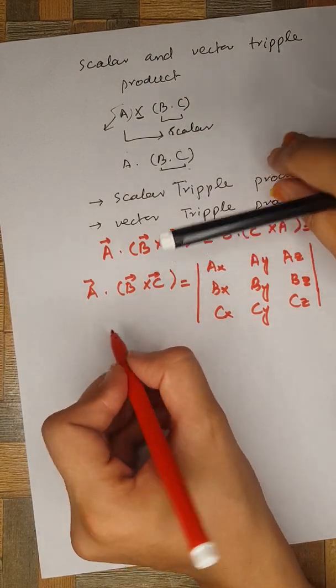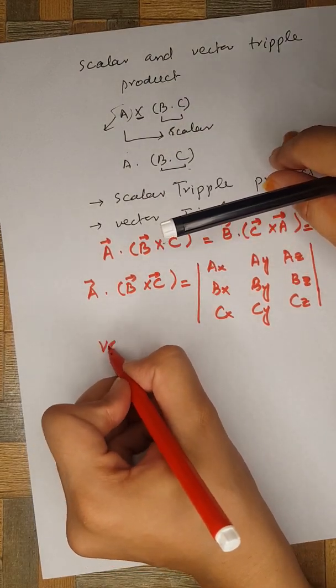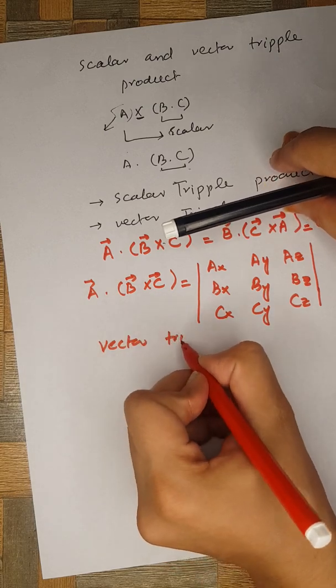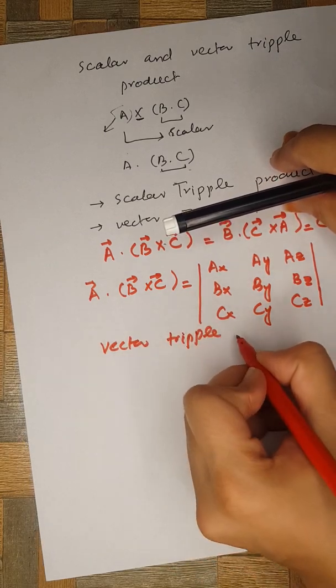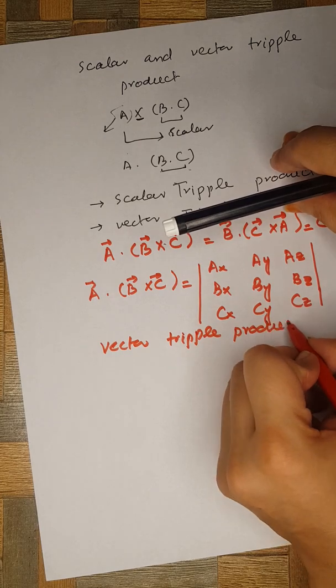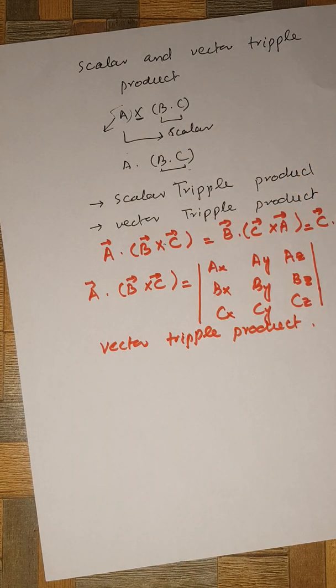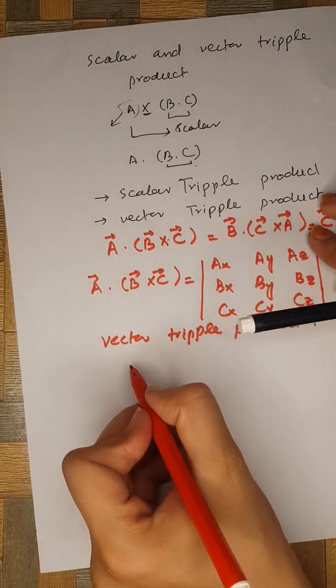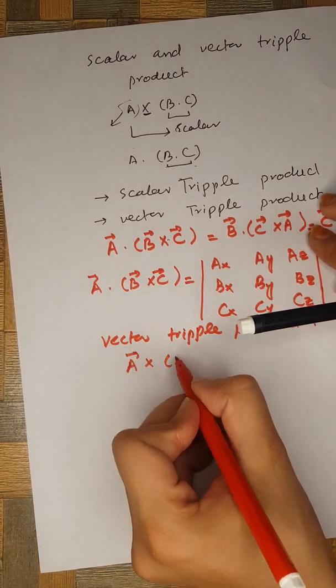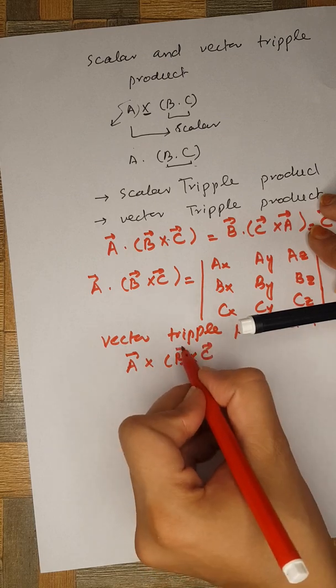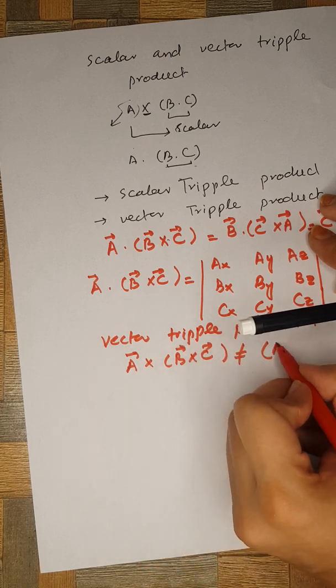Okay, let's now discuss the vector triple product. Since each cross product yields a vector, the resultant of a vector triple product is also a vector. The vector triple product doesn't in general obey the associative law. That's it. A cross B cross C vector is not equal to A cross